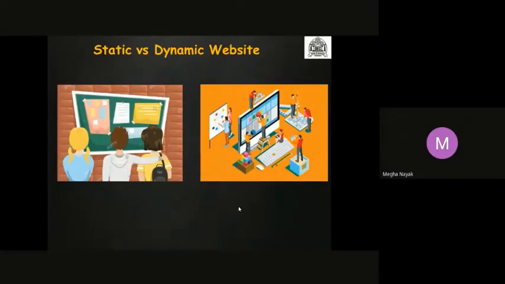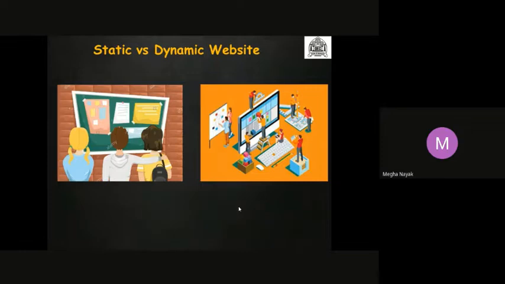So static website you can consider as an analogy to a notice board that you are just looking at in your classroom or maybe in your podium somewhere outside. But this notice board which you are looking at can be accessed from anywhere around the world provided you have internet connection. So the point is that in a static website you can't do much. You just refer to the information that is put up on the website and that's it.